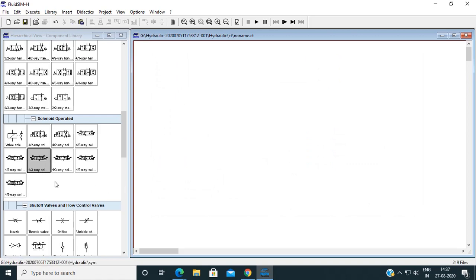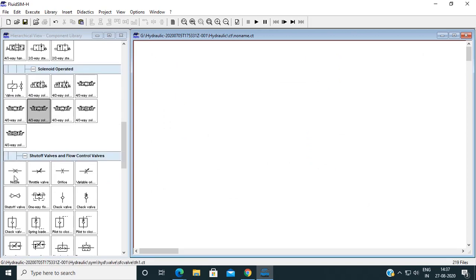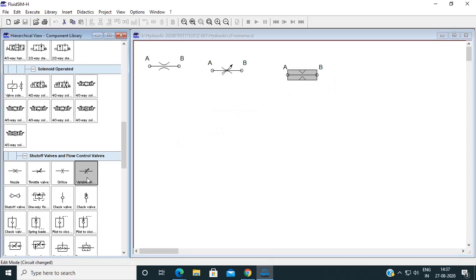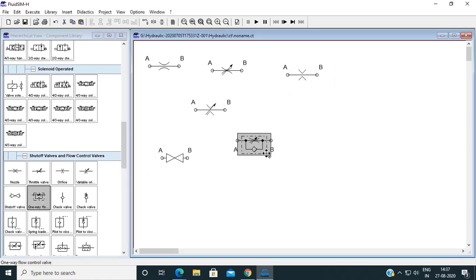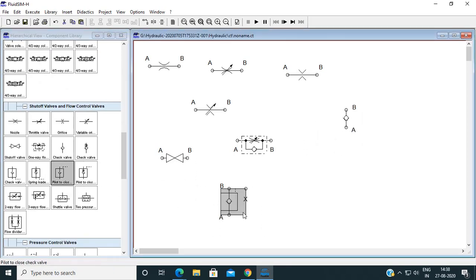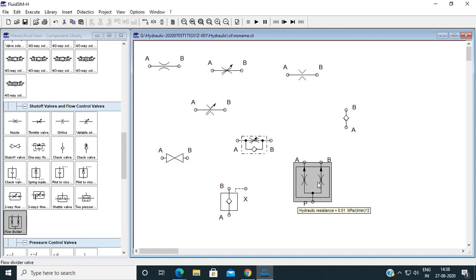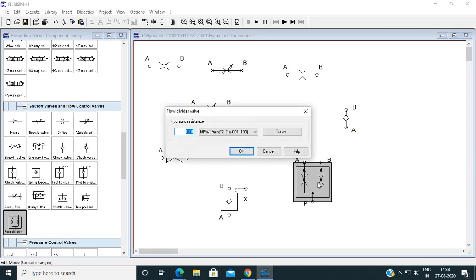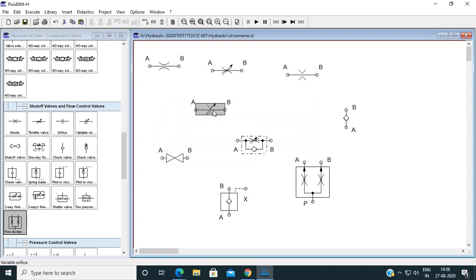Now next is flow control valve. In case of flow control valve we have nozzle, throttle valve, orifice, variable orifice, shut off valve, one way valve, check valve. Likewise there are so many options. Flow divider likewise. If you want to customize it, just simply double click on it and you can change the limit and set the required value.